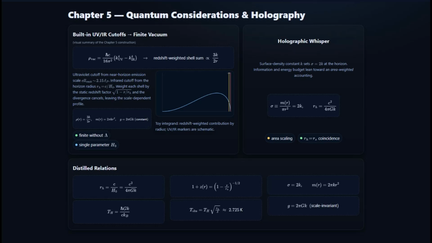So you end up with this extraordinarily high value. It's like 10 to the 120 orders of magnitude too high. It's like 10 to the 113 joules per meter cubed or something like that that is the energy density that's predicted. But we can actually observe, through Hubble's law, if you're using the paradigm Lambda CDM, you can just measure the energy density, and it's a lot lower than that. It's 120 orders of magnitude lower.